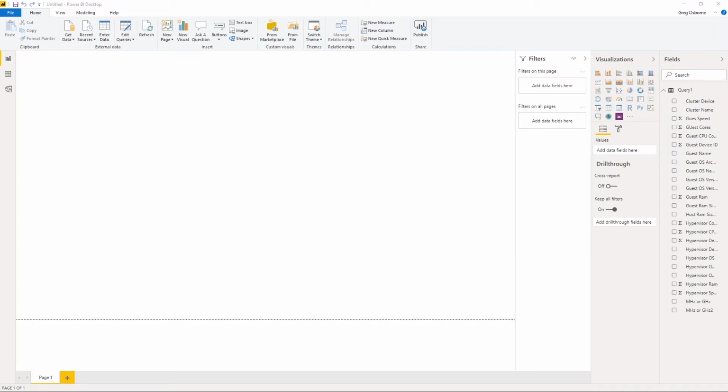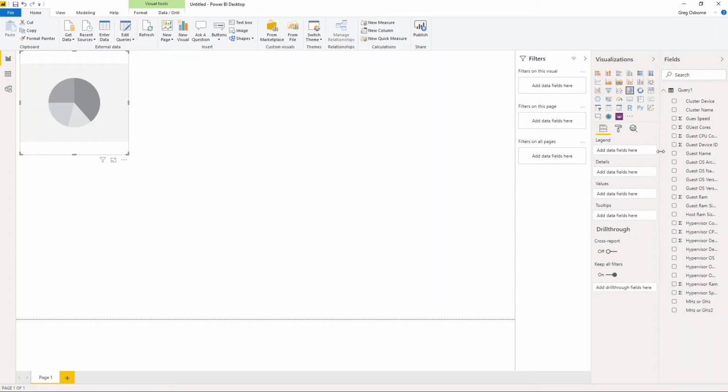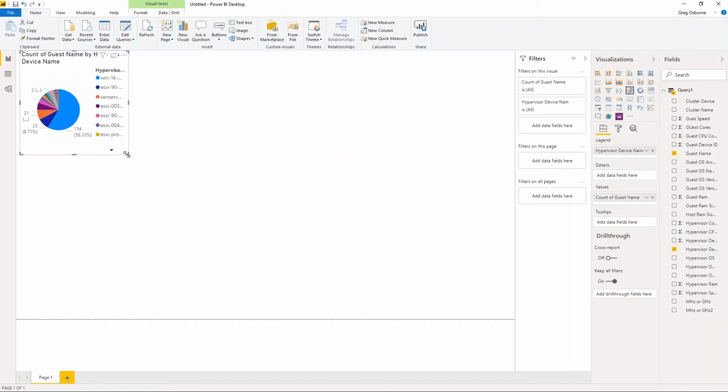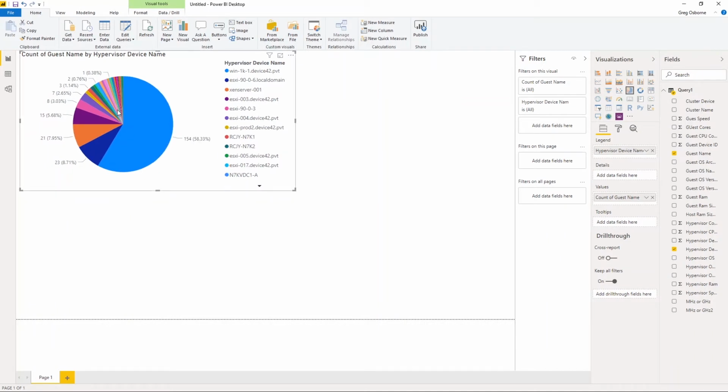This may take a second depending on the amount of data in the resulting export from the local query. However, once it's done, you'll see the query and all the fields on the right in Power BI. Creating visualizations is pretty simple. In this case, we'll just create a pie chart, and all we'll do is add a count of device or guest device names as the values, and we'll add the hypervisor device names as the key legend. And Power BI quickly creates a pie chart that allows you to see the distribution of guests to hosts based